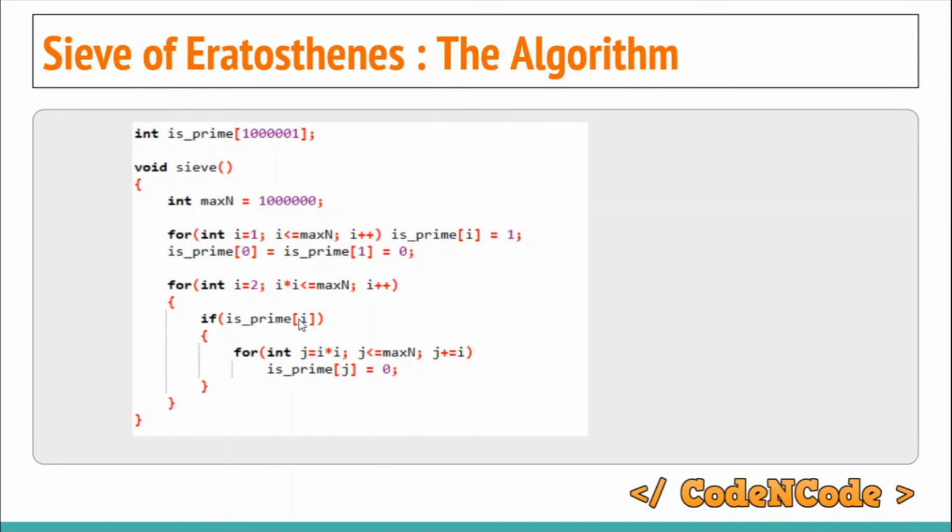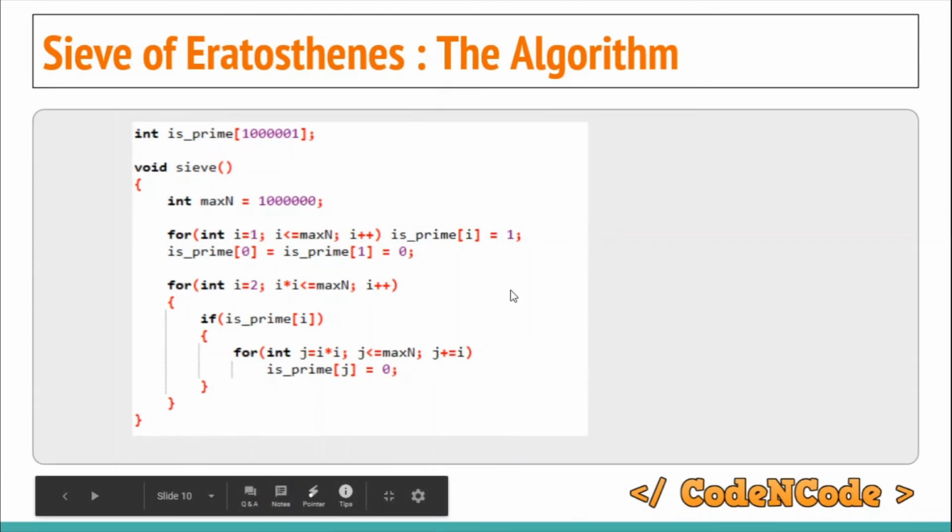If the ith number is a prime number, then we start from its square, and till max n we mark every multiple of i. So each time j would be incremented by i. If i is 7, then j would be 49, that is the square of 7, and then each time you keep adding 7 to get the next multiple, and for each next multiple you mark it as 0, that is, it is not a prime number. So this is how you implement the Sieve, and the running time of this algorithm is